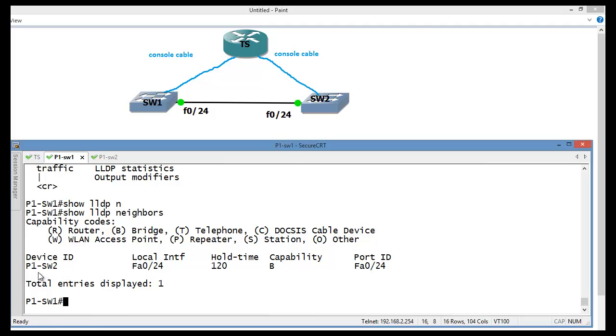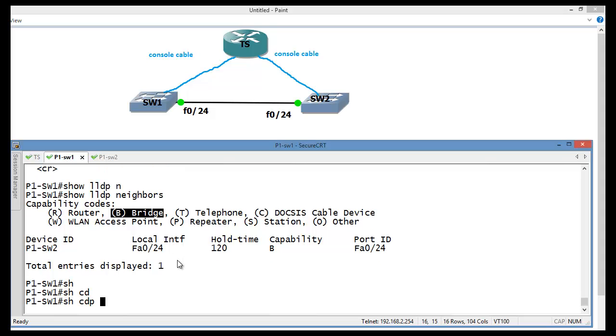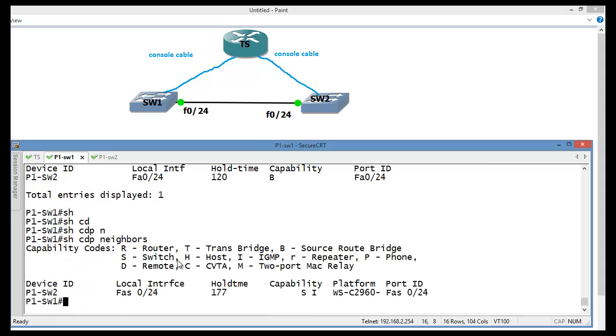Yes, there it is, pod 1 switch 2, then local interface, hold down timer, capability, that is B. B stands for bridge. If you're using CDP, we will see, let's see, show CDP neighbor, this is S I, where S stands for switch and I stands for IGMP enabled device.